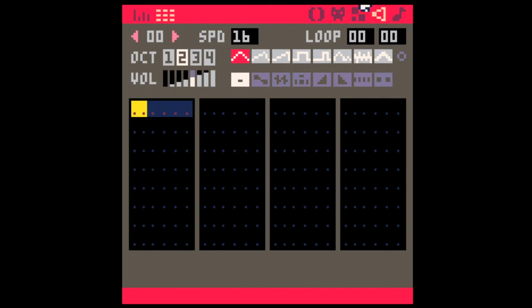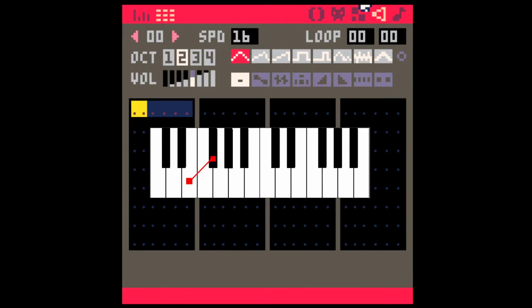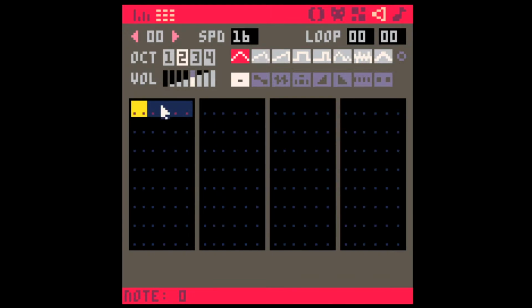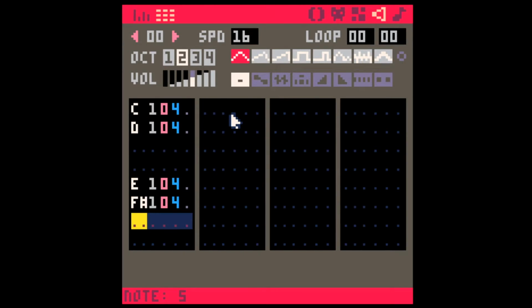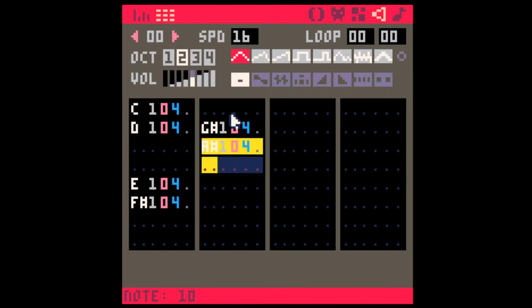two semitones apart. So on the piano, this is a wholetone, this is a wholetone, and this is a wholetone. In Pico-8, this is a wholetone from C to D, this is a wholetone from E to F sharp, and this is a wholetone from G sharp to A sharp. And again, just for fun,